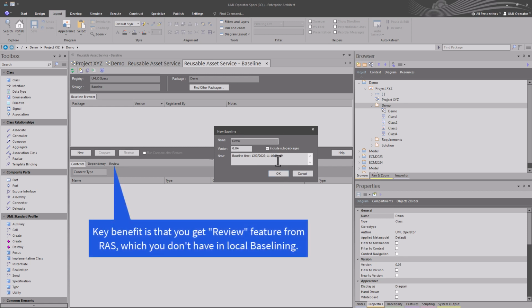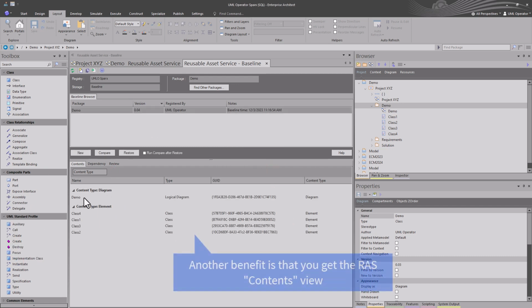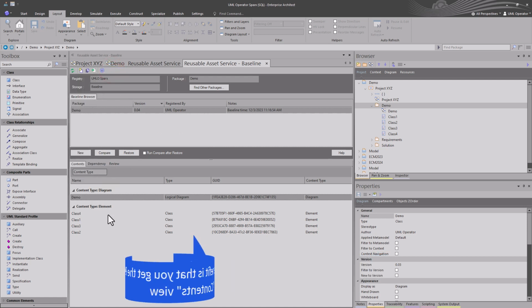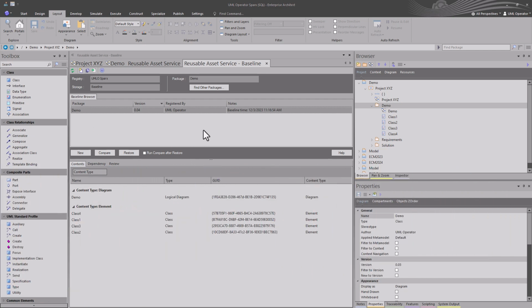04, same dialog box. I'm going to leave the default notes, hit OK. It's going through, and now our models are in the reusable asset service storage area for the repository that we configured. You can always go back to storing and managing your baselines within whatever repository you're in, whether it's local or